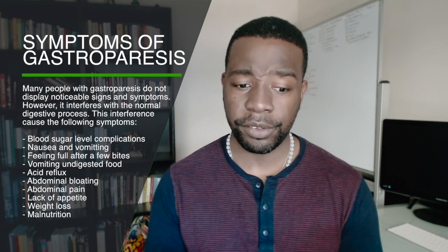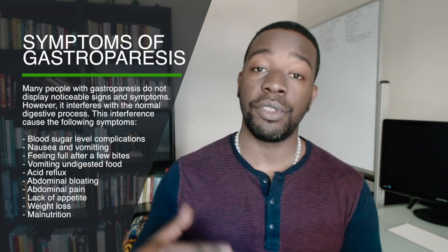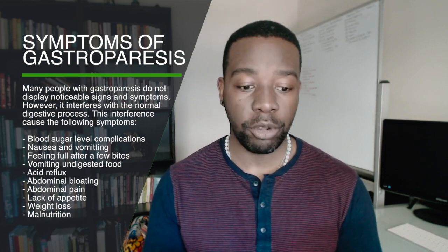Now, what are the actual symptoms of gastroparesis? It is said that many people with gastroparesis do not display noticeable signs or symptoms. However, we know that gastroparesis interferes with regular digestive processes. The interference with digestion is known to cause the following symptoms: complications with blood sugar levels and nutrition, nausea and vomiting, feeling full after eating a few bites of food, vomiting undigested food eaten a few hours earlier, acid reflux, abdominal bloating and pain, lack of appetite and weight loss,